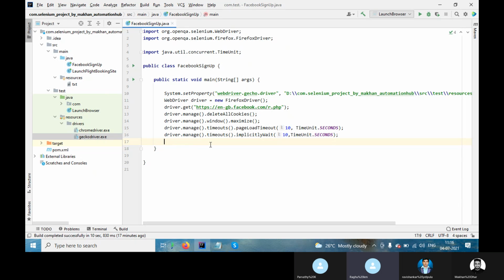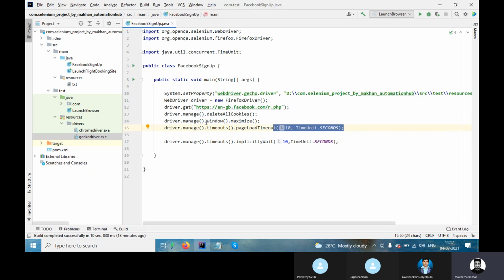If in the page load place I use implicit wait, or in the implicit wait place I use page load, will it give an error? No, you will not get an error. Generally, page load timeout we only use while launching any application. But you can use it elsewhere, there is no doubt. This method is just not related to that. The thread we can replace using implicit wait. So this is generic.